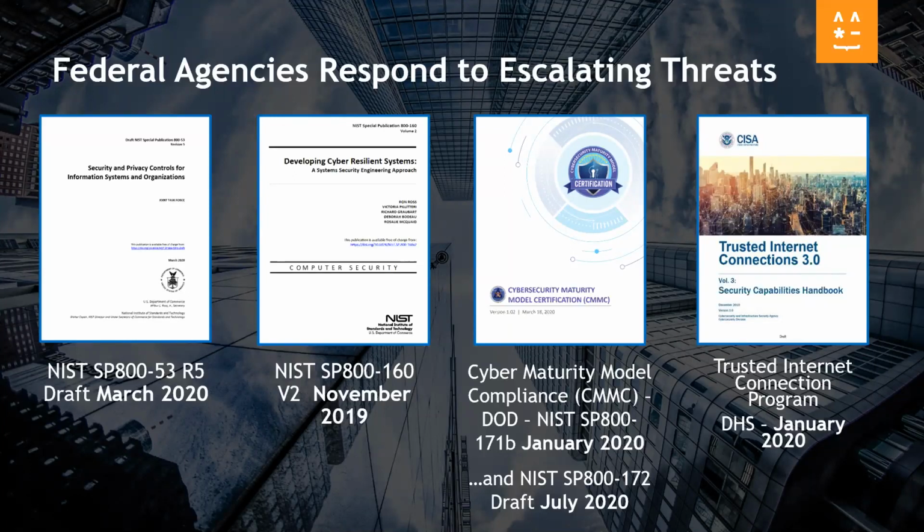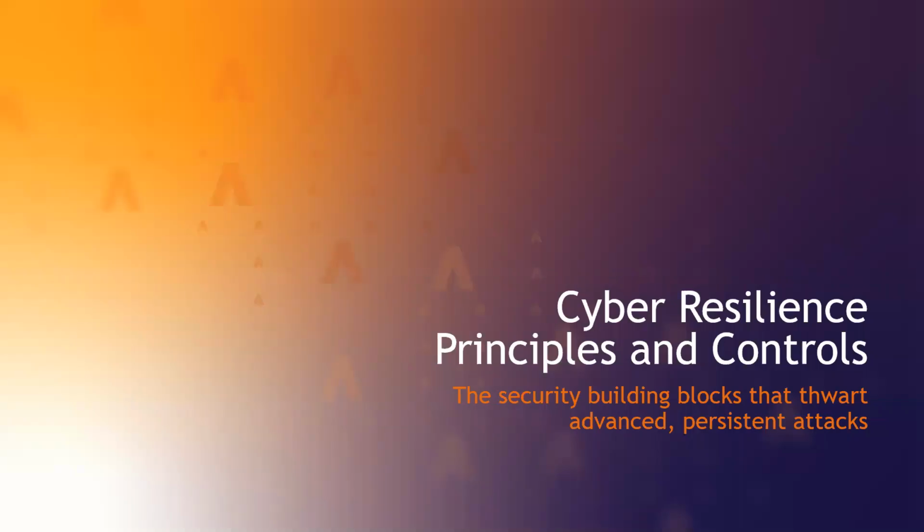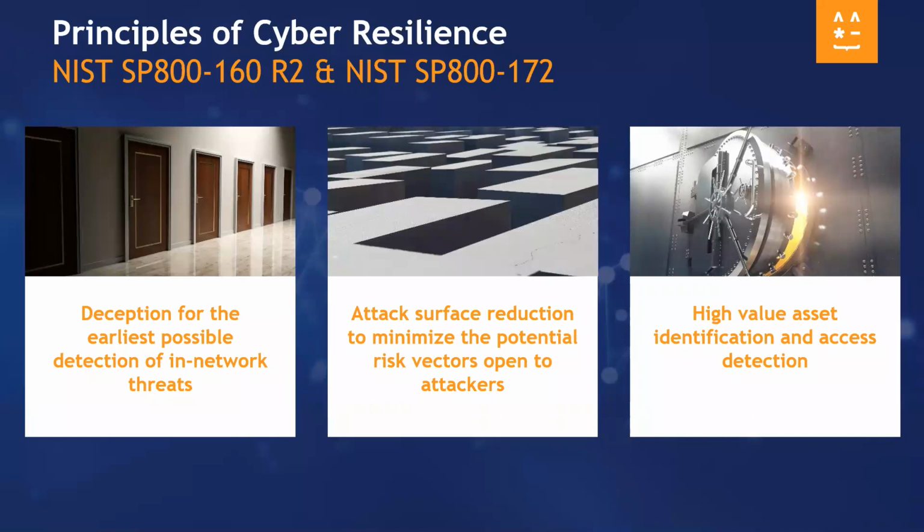At the higher levels, level 4, level 5, and then finally, with the TIC prescription, we also expect CISA to provide additional guidance. So within this, the concepts that are more relevant for the Illusive dialogue are what's laid out in 800-160R2 and 800-172. So in the deception side of things, we want to deceive the adversary so the malicious actor can be detected.